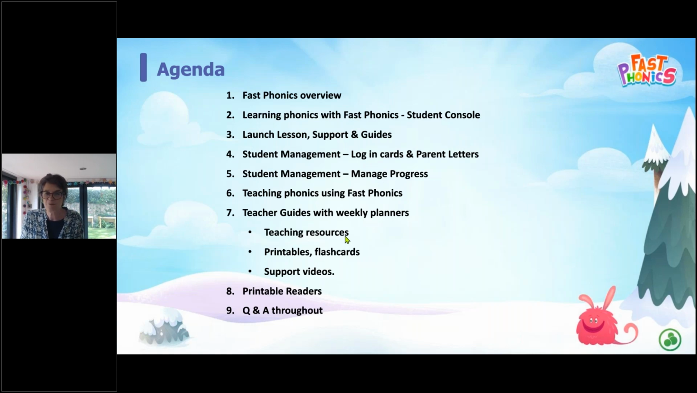We'll go through and have a look at the student console. I'm going to take you through what Fast Phonics looks like from the student point of view when they log into it. We're going to have a look at where to go for support and guides and where to access the launch lesson. And then from the teacher console, we're going to go into student management,